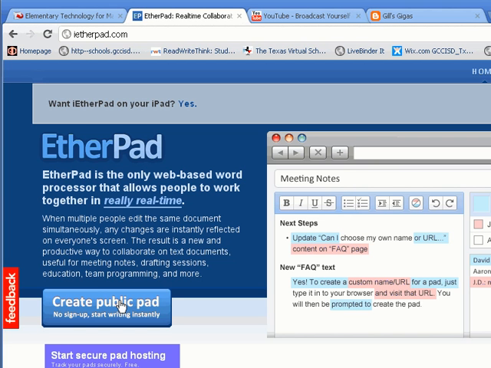It's very similar to word processors like Google Docs due to the live time function and color coding the students if you should choose to. The thing that makes this a little bit different than Google Docs is the fact that you can create a pad and start writing and collaborating without actually having an account for the students to use. It takes about a second to create a pad, and the students can start working and discussing, writing, editing, collaborating